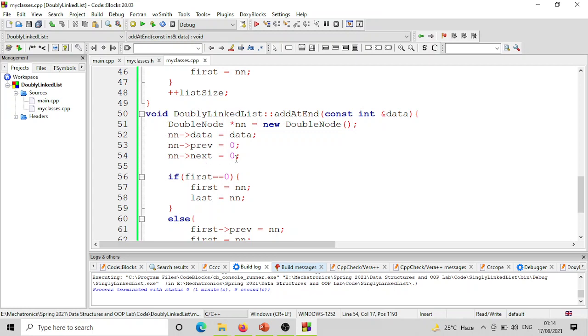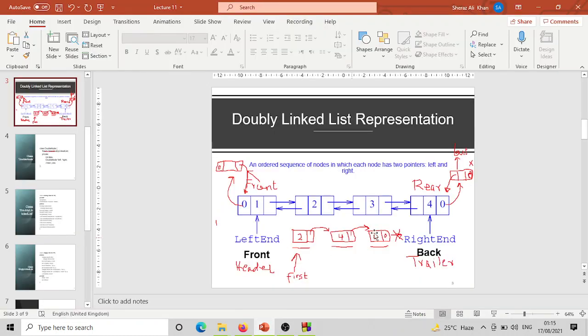new node arrow next, this is going to be null. new node arrow previous, this is going to be last. ये जो नया नोड है, चूंकि ये हम insert कर रहे हैं at the end of the list, so this would become the last node and इसका जो पिछला वाला नोड होगा that would be the current last node, ठीक है।